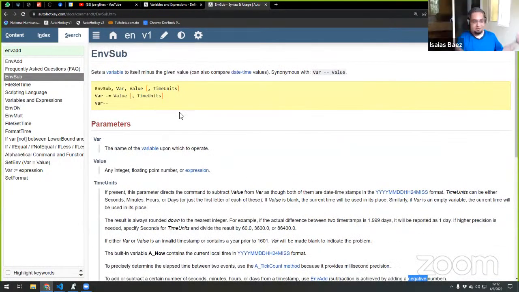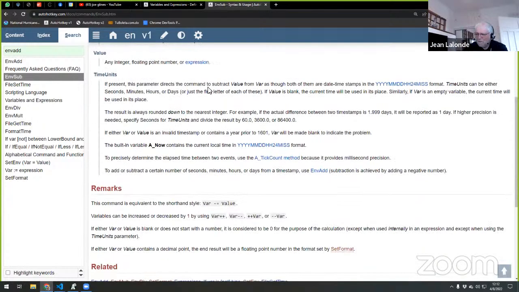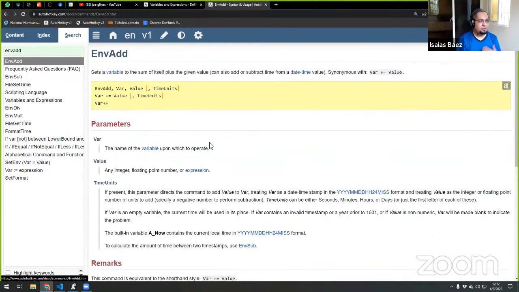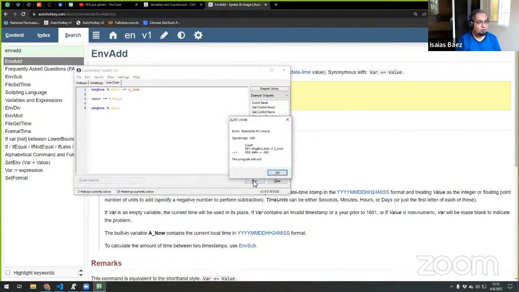But in this particular case, changing to a minus here on the front does a totally different operation. It means compare the dates, giving you the number of days or minutes between two dates. Good to know. So basically, if you want to perform date math, you have to use add, or the plus equal sign with a negative number. Right, exactly, with a negative number. So minus 365 days would give you the whole year.